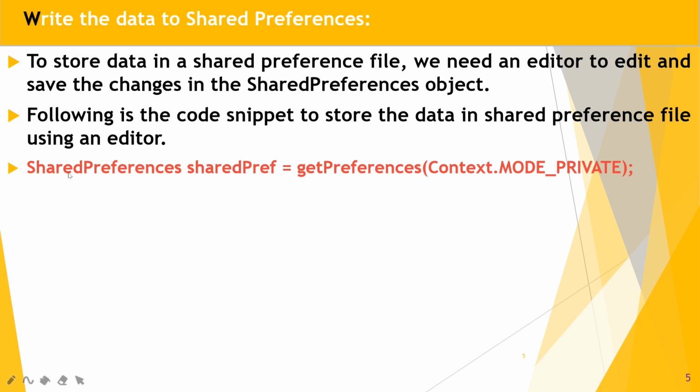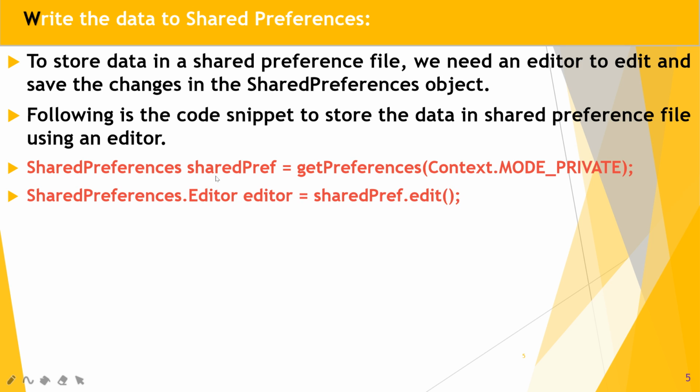So what is the first thing? To create the object of SharedPreferences. How to create the object of the SharedPreferences class? Using the getPreferences method, which returns the object of the SharedPreferences class. Great guys. After that, using the shared preference object dot edit method returns the object of the SharedPreferences.Editor class.